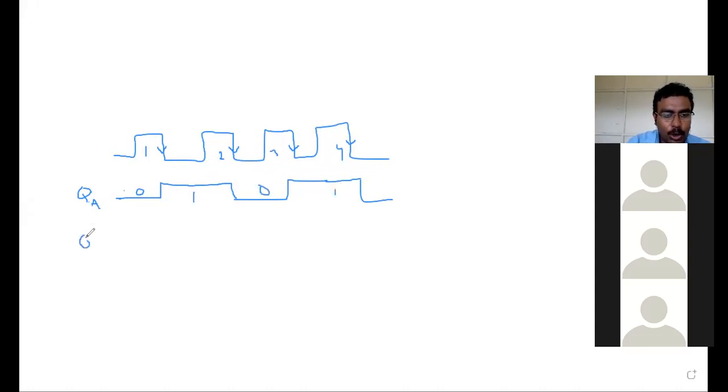Now at the same clock edges, at these points only, since the clock is common for both flip-flops, you need to trigger your flip-flop, but QA has to be taken as input, students. Initially, let us assume that input is at 0. So I'm taking 0. Tell me, students, what is your input now? QA is the input of the second flip-flop. If JB and KB are given with 0 input, what state will your second flip-flop be in? If JB KB is given with 0, what state will your JK flip-flop be in?